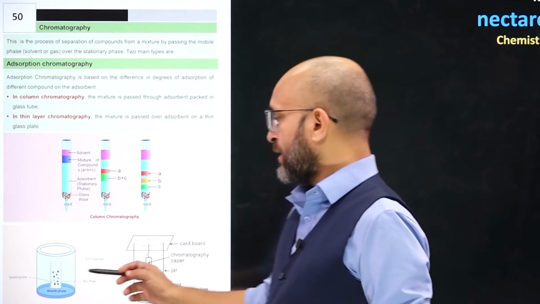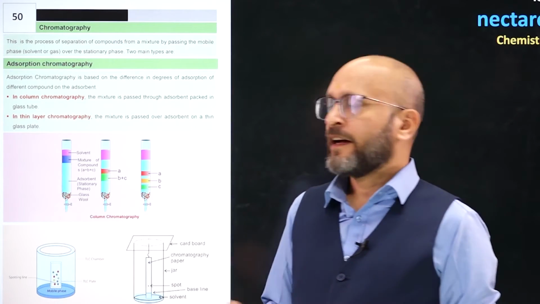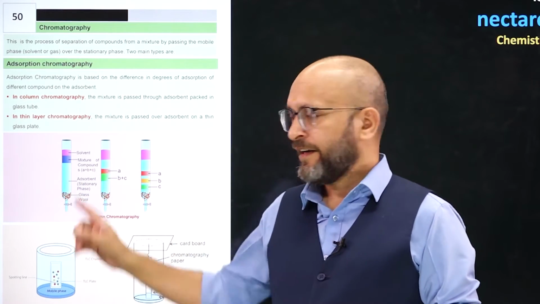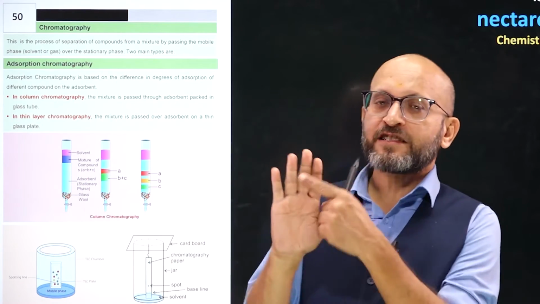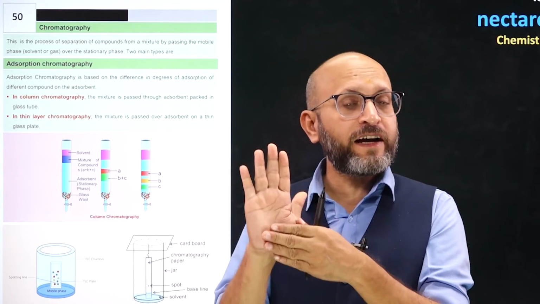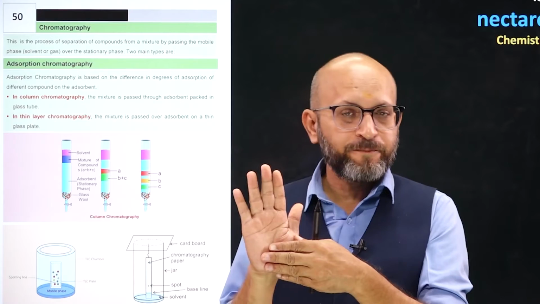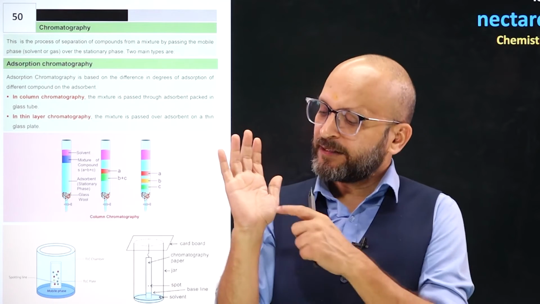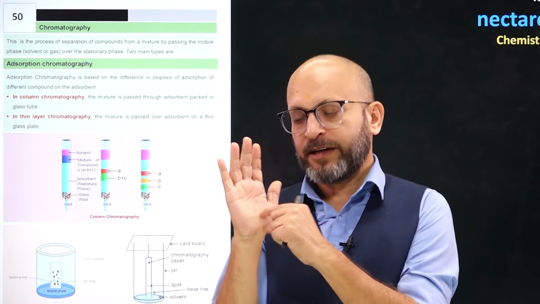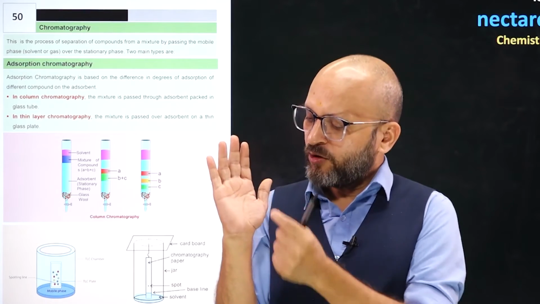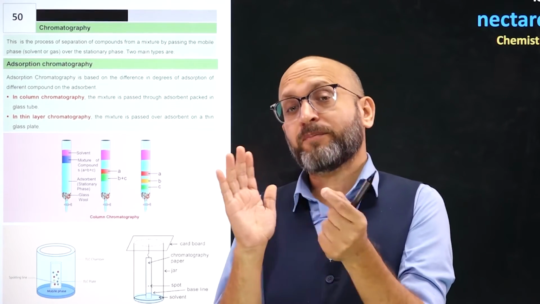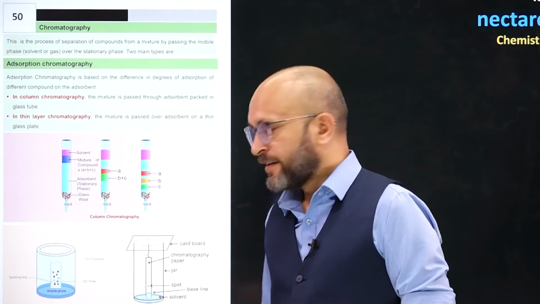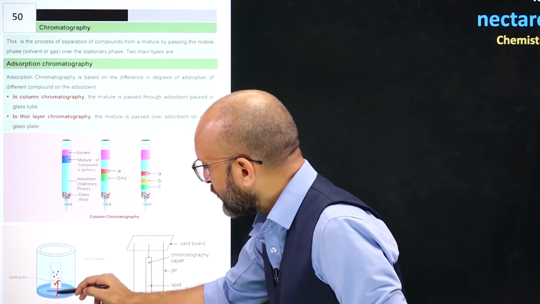Next we have thin layer chromatography. The only difference is here you don't have to prepare a column where the adsorbent is taken in a slurry. Here what you do is you take a glass plate, and on top of it a thin layer of adsorbent, which could be silica gel, is layered. Now at 2 centimeters from the bottom of the glass plate, you draw a line called the baseline, and on it you put a spot of the mixture and then dip it into the solvent or mobile phase. Now the mobile phase starts flowing towards the top,